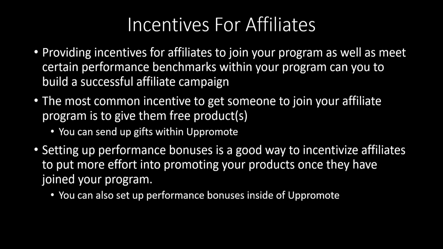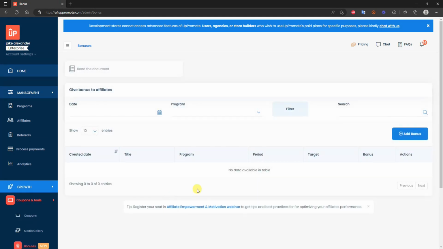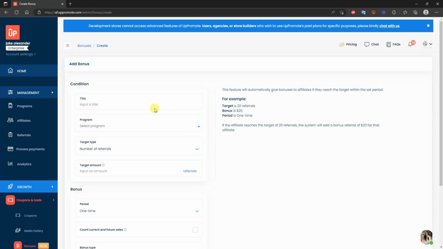So the next type of incentive we can do is setting up performance bonuses, and this is going to be a good way to incentivize affiliates to put more effort into promoting your products once they have already joined your program. And you can set up these performance bonuses inside of UpPromote as well. So if we jump over here and go on top of gifts to bonuses, we can click on add bonus right here, and then we can put this as performance bonus